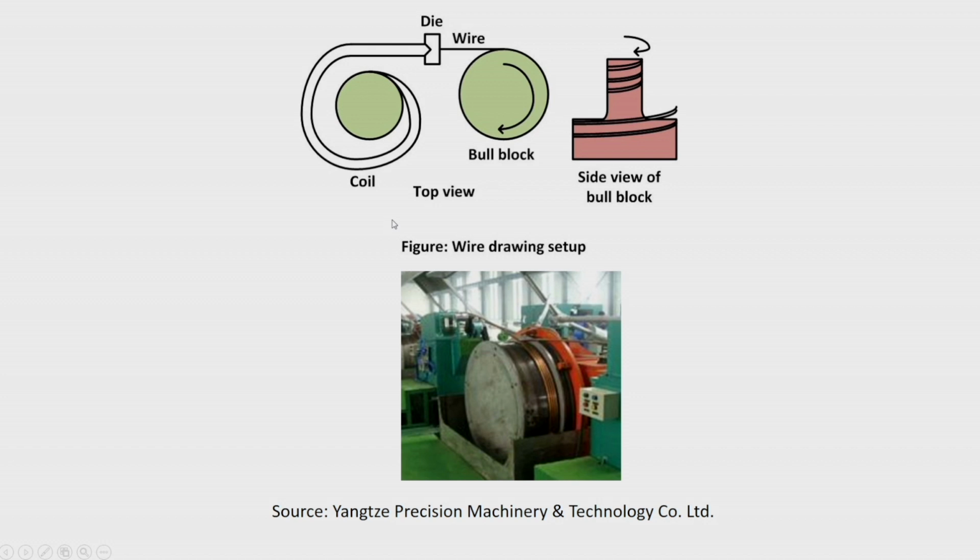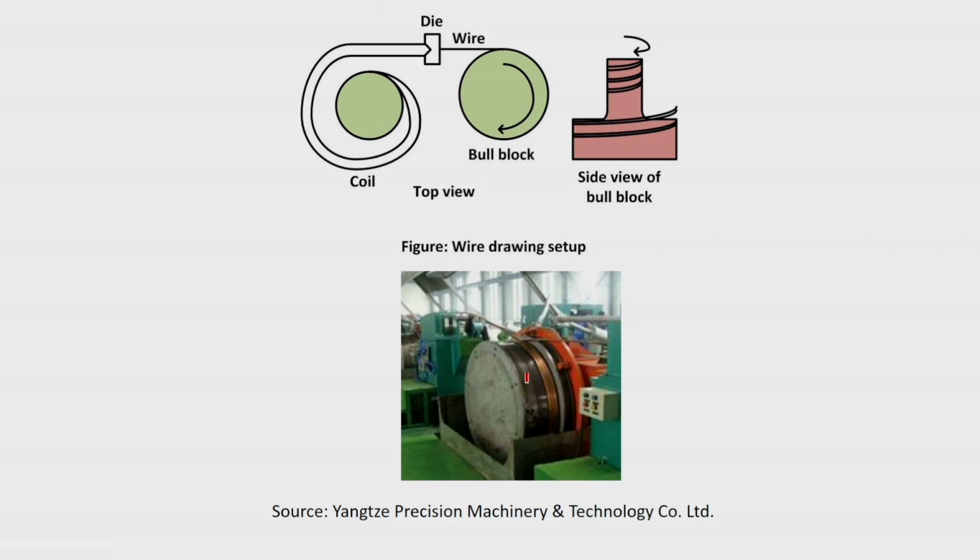So, these are the wire drawing setups, you will see that. If it is wire drawing, it will be small size, so it will be wound on a coil, and from that you directly take it, passing through and doing all these treatments here. Then it comes out of that, and it is pulled by means of a bull block. A bull block is this type of block which will be rotating along the vertical axis or horizontal axis.